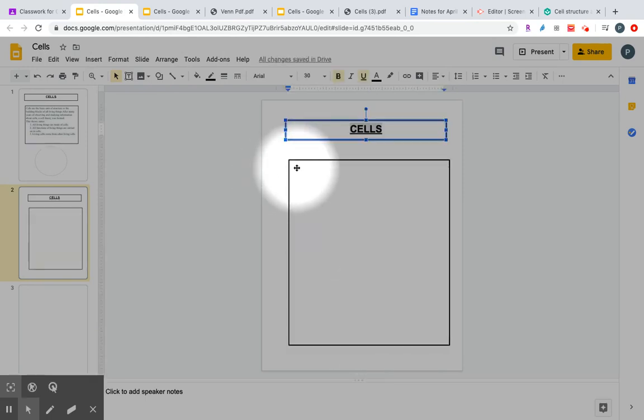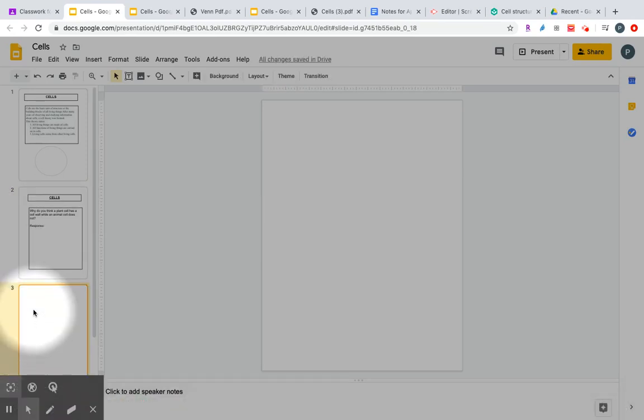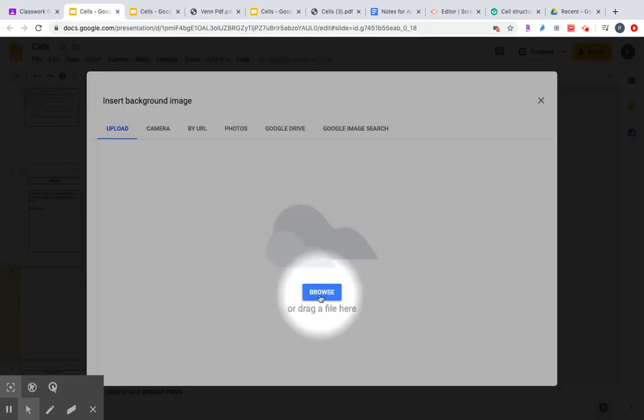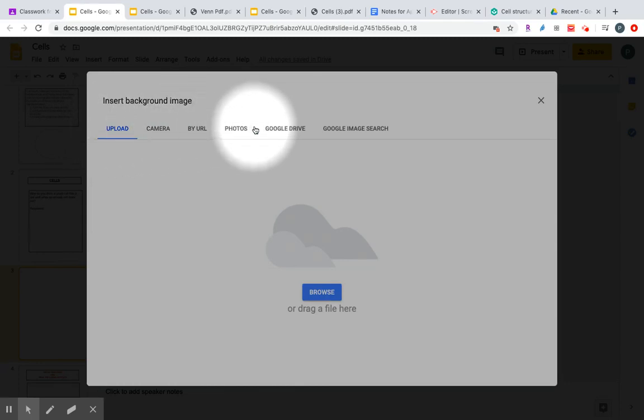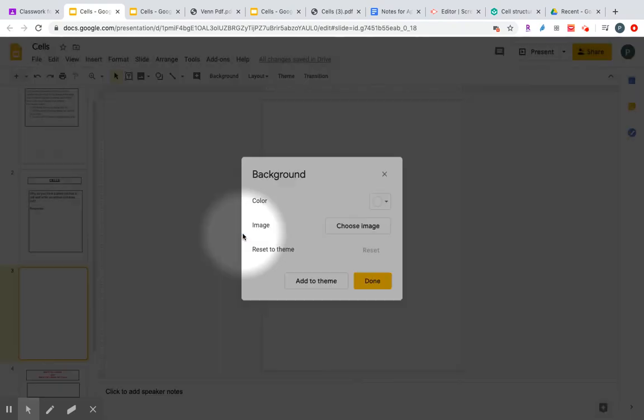And I'm going to add a question here for the students and give them space for their response right here. You also may have a PDF or an image which you want to use from your previous collection. So you can go in here, go to background, find your image. I have different options. I can upload something from my desktop. I have other options, and then I can also go to my Google Drive. And here I saved a screenshot of a Venn diagram that I had as a PDF, and I'm going to